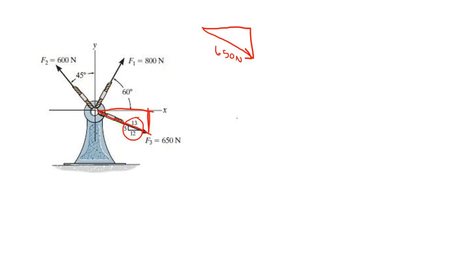And then the next triangle, let's do it blue. So you have that going down and then this way. Okay, so I'm going to try my best to make the nicest triangle as possible. So I went up, down, this way. And this is that direction. And we know this is 60 degrees. Okay, so hold on to that. And the hypotenuse is 800 newtons.